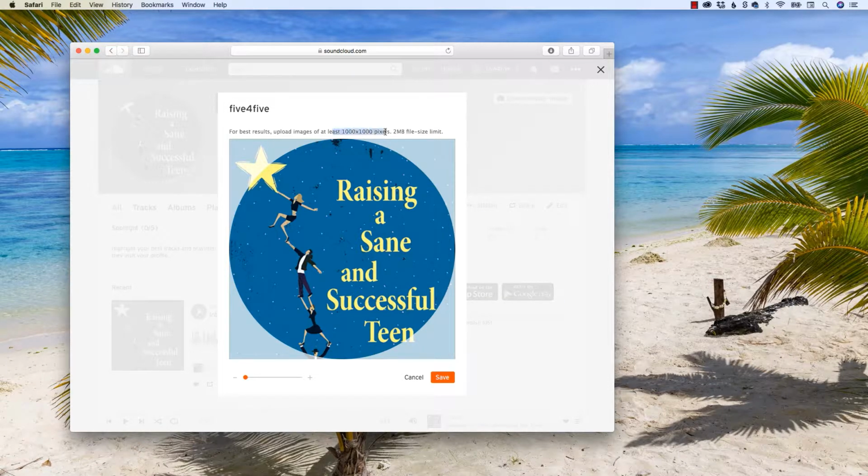Also, SoundCloud only requires 1000 by 1000. iTunes, the one I'm going to submit to in this example, requires 1400 by 1400 at minimum, and I believe 2000 by 2000 at max. So whatever you put in here, be aware that you need to be at least 1400 by 1400 when we go to submit this to iTunes. And this picture right here is 1400 by 1400. And that's how to log in and set up a profile picture for your account